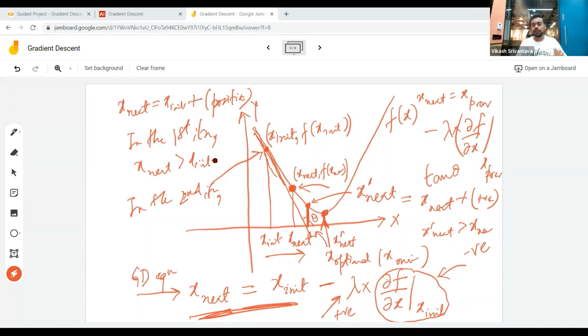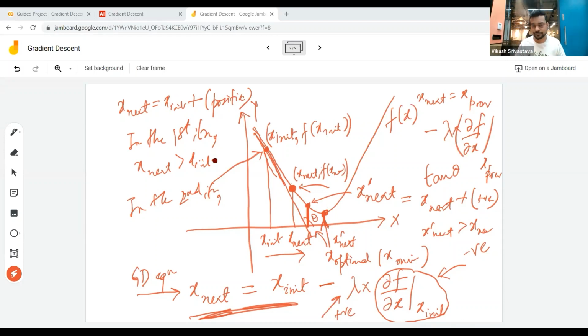So x next will be given by x previous, that is the previous x which we have, minus lambda or the learning rate. I'll come to the learning rate and its importance. And then that is multiplied by the derivative or the gradient of the function at the previous x. Okay, so this is how our update equation will be, and we'll keep iterating until some